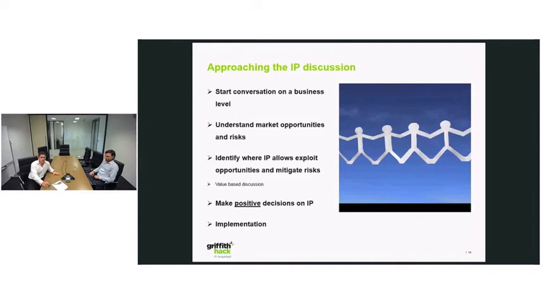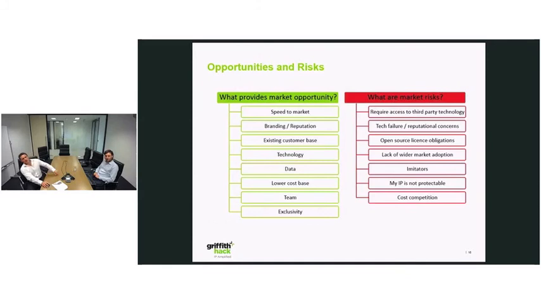So we're just going to, unless you've got anything else to say on that one, I think it's a useful time to go to some of our examples. So we talked a bit before about opportunities and risks, and we put some examples up here. We thought perhaps the best way to discuss these from an IP perspective in the time that we've got left is just to highlight a few of these and have a discussion around, okay, how might we handle this from an IP perspective? What could an IP strategy look like if you've got a particular market opportunity or risk?